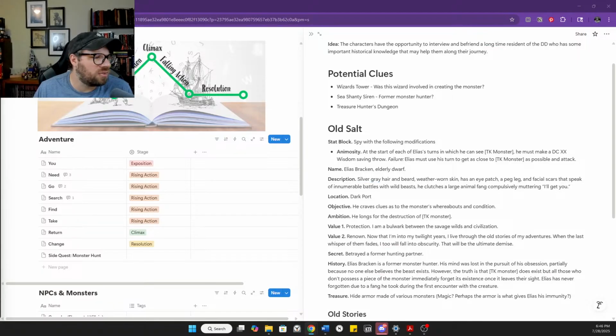So let's just double check that real quick. Weapons. Short bow. Yeah, same damage. Okay, cool. So we'll do that instead of the hand crossbow, I think.